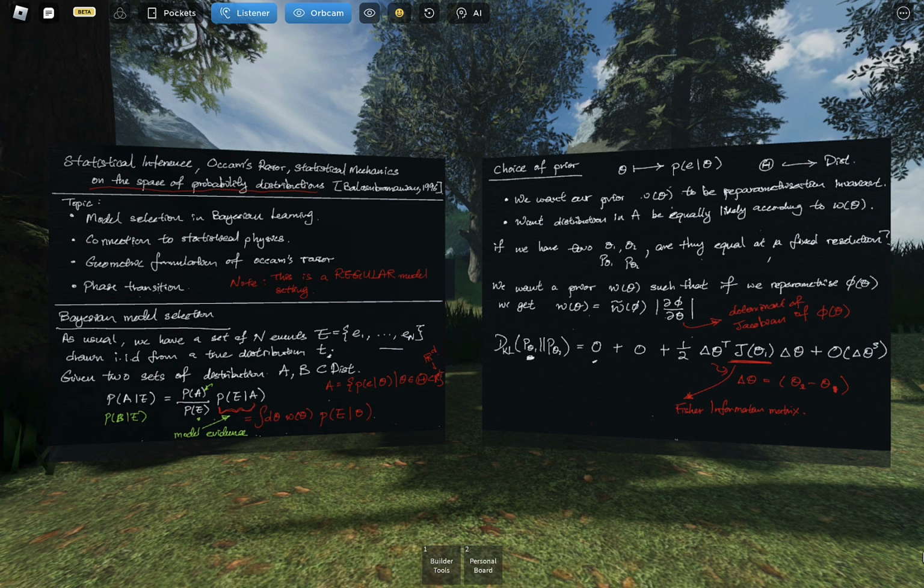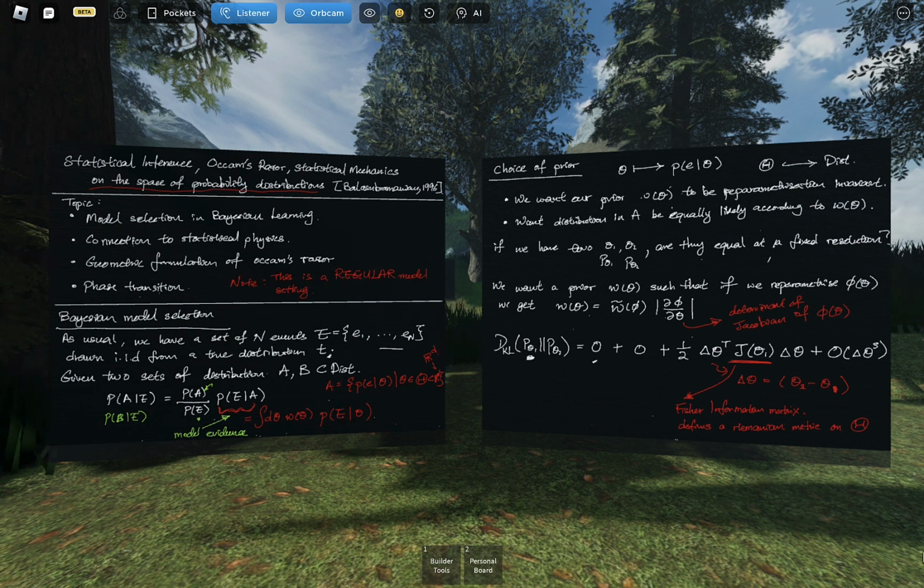So this matrix defines a Riemannian metric on the parameter space. Actually this is kind of a general property of divergences. Every time you have a divergence, you can derive a quadratic form from it and get a Riemannian metric. Everywhere it's non-degenerate, right? Yes, that's the next